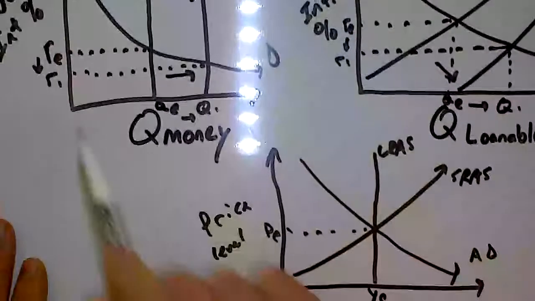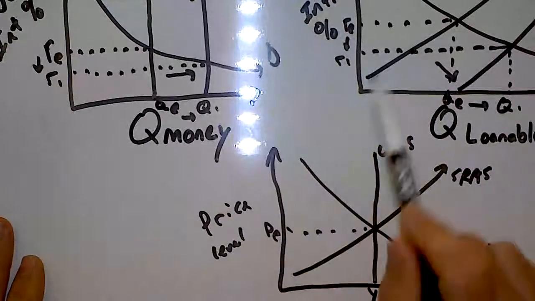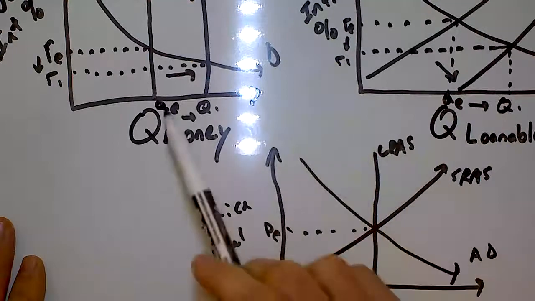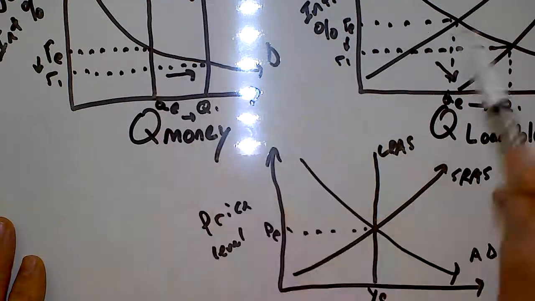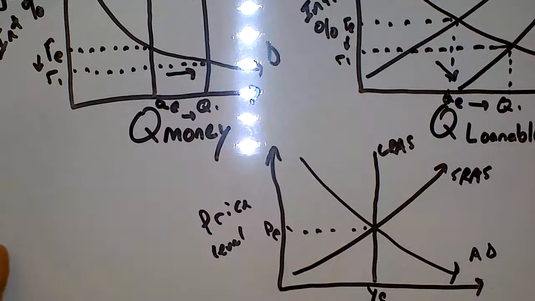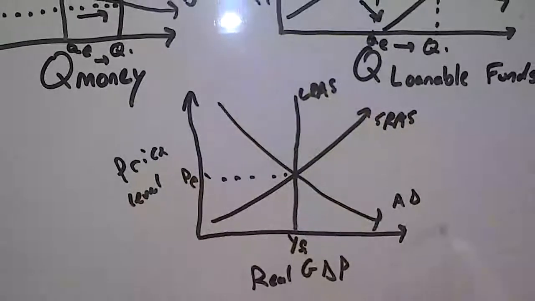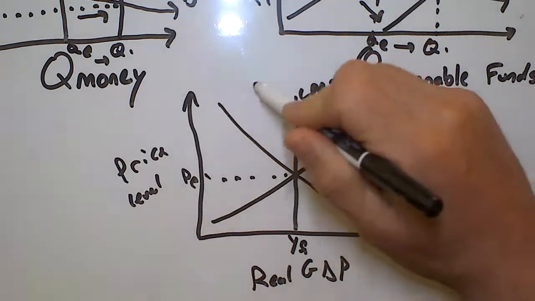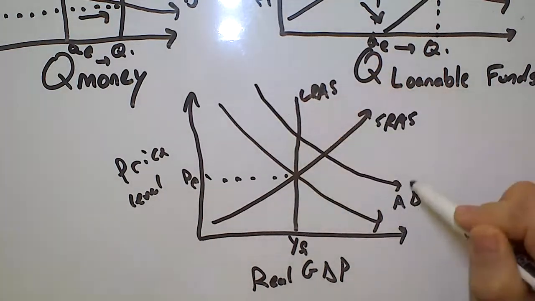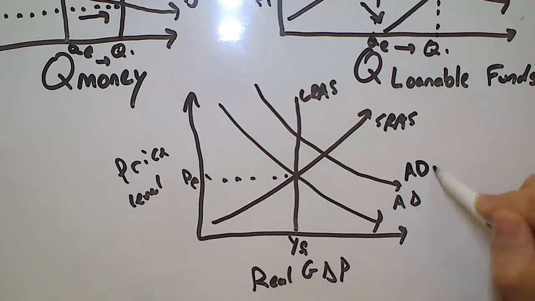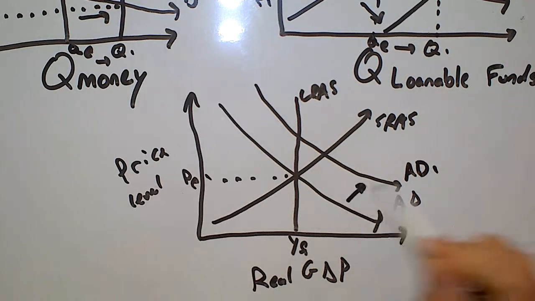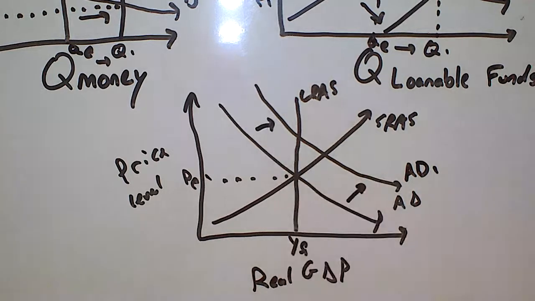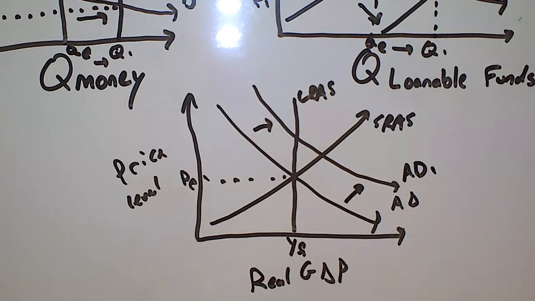If interest rates are low, if nominal interest rates are low, if real interest rates have dropped, if we're looking at a supply of money increasing or a supply of loanable funds increasing, then when we look at the aggregate supply and demand graph, we should see this mostly as an aggregate demand shift. If interest rates are low, you and I will take advantage of low interest rates and we will borrow money to buy a new car or to run up our credit card debt, or businesses will take out money to increase their capabilities, or maybe at that point even governments borrow more money